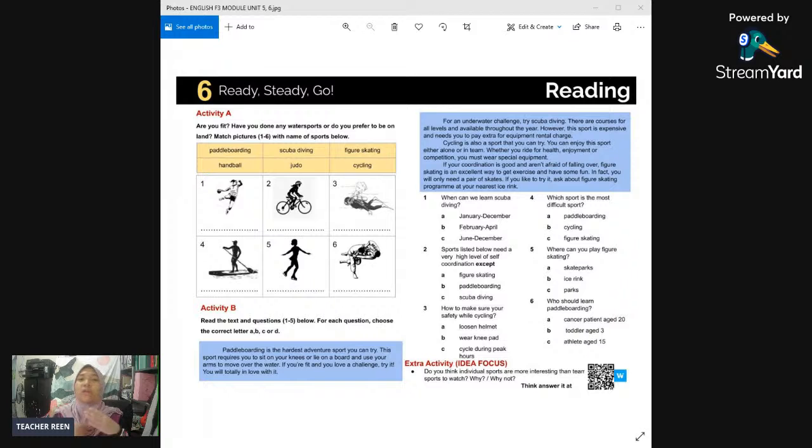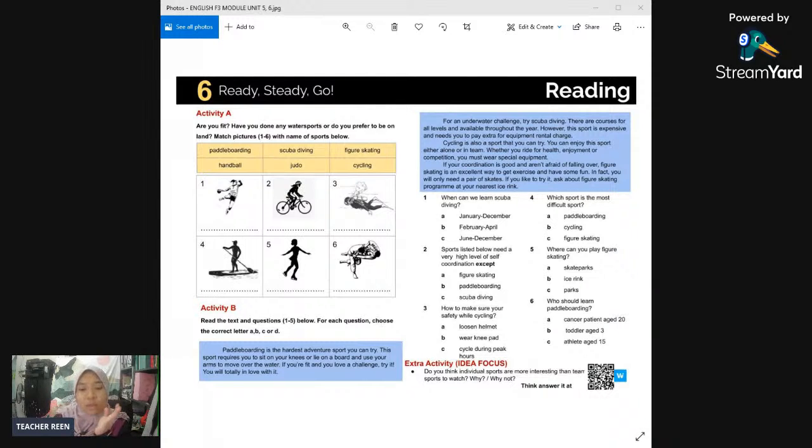So instead, you can read the question first and the possible answers A, B, and C. Try to find out what the questions want, the keywords for the questions. Then only you go to the text and find out the correct main ideas that they want.